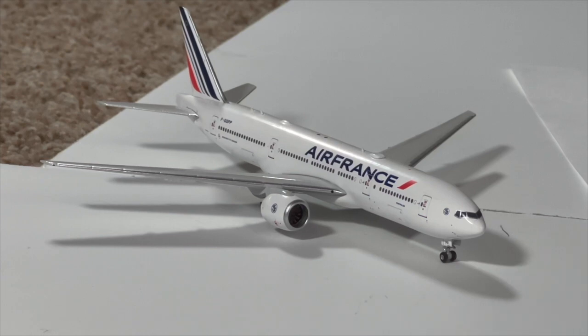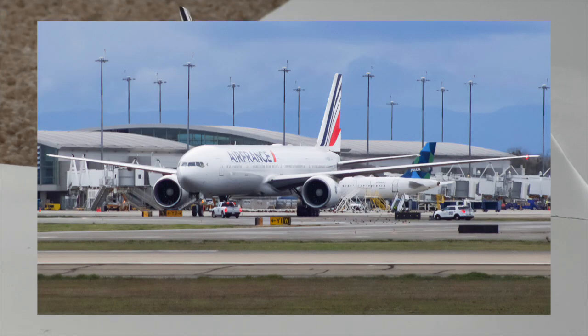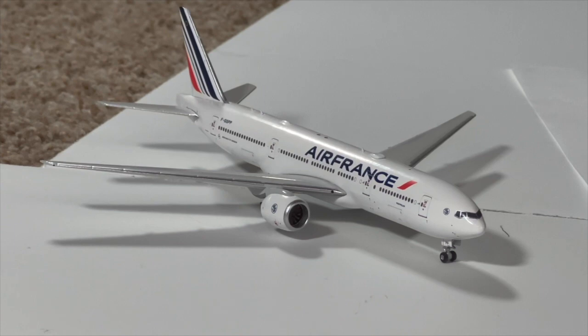So really interesting right there, because I did see this diversion, but it's an Air France 777-300ER in Sacramento. As soon as I saw it, I was like, oh my god, how can an aircraft that big come to Sacramento? Because Sacramento doesn't have a very long runway as compared to San Francisco. So that was very interesting to see an Air France 777-300ER